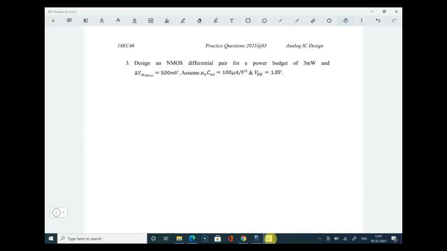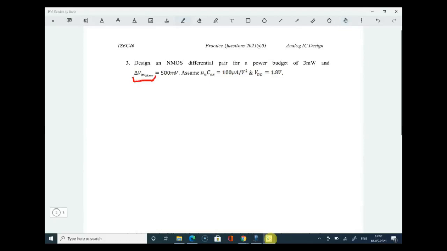Akshay? Or maybe you guys are Akshay M. Yes, sir. Yes, Akshay. Can you help me to solve this question? So the ICMR is 500 millivolts, I think. 500 millivolt. No, okay. It is not ICMR. Yeah, this is the first time you are seeing this notation, right?